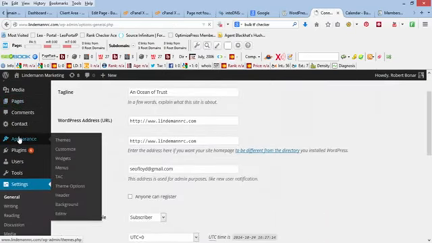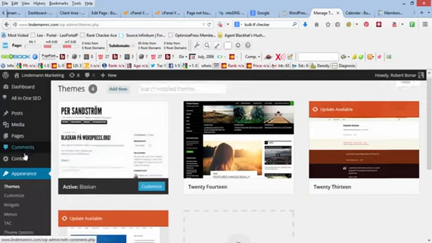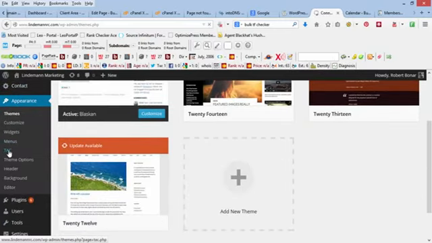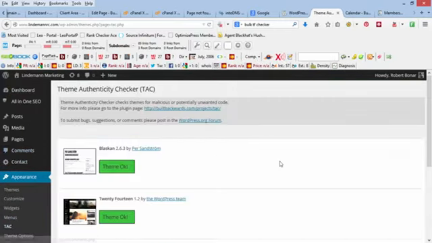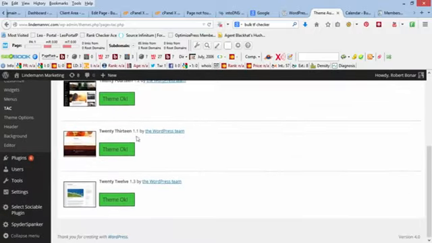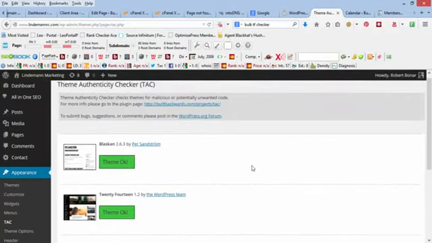I'm sorry, it's in Appearance. So under Appearance, you're going to go here to TAC, Theme Authenticity Checker. Okay, and it's going to check out your themes for you. Okay, and what it's looking for is mainly malware, but also it can find hidden links and things like that. Okay, so this is highly, highly, highly recommended if you are using free themes,